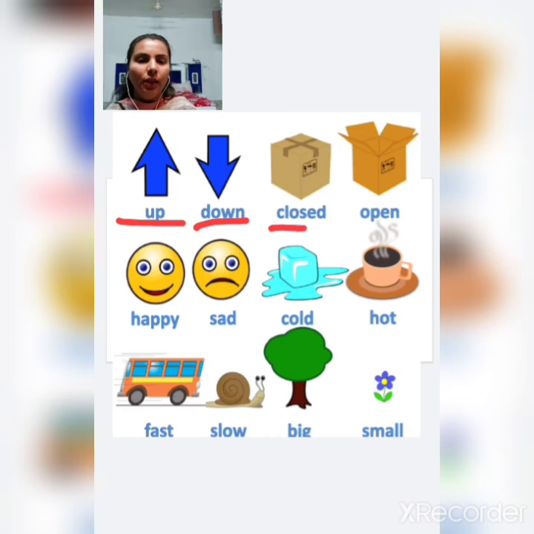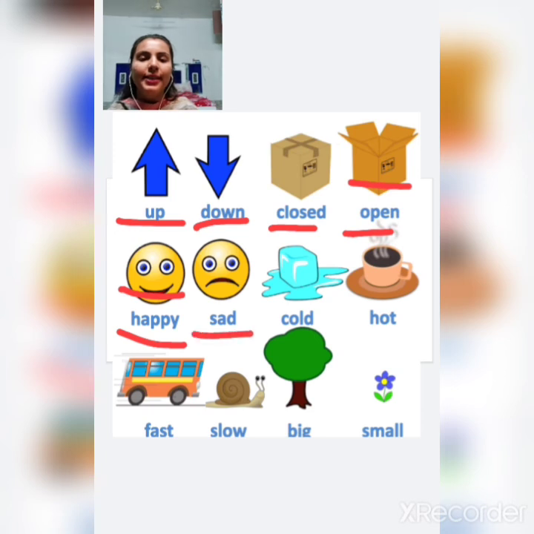Next is C-L-O-S-E-D, closed. There is a box which shows that it is closed. Now, the opposite of closed is open, O-P-E-N, open. So, this box shows that this is the open box. Similarly, H-A-P-P-Y, happy, and this face shows you that this is a happy face. And next is the opposite of happy, S-A-D, sad, and this face shows you that this is a sad